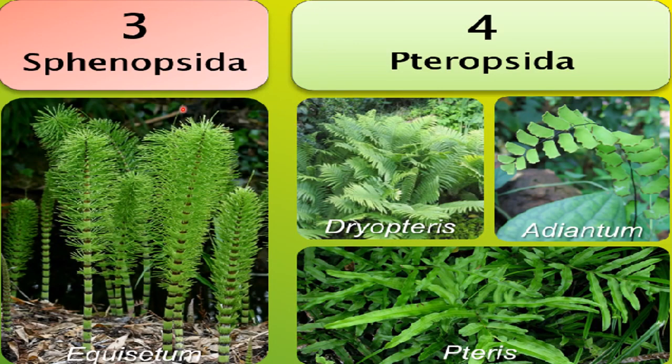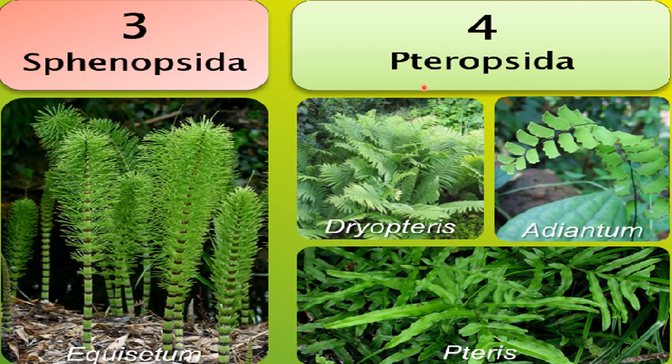After that, the next two classes are, one is Sphenopsida. An example of Sphenopsida is Equisetum. I gave the Equisetum example in the previous slides also. This is the diagram of Equisetum, given in your NCERT book also, where the strobilus is present. So strobili are formed in Equisetum. You can learn the name Equisetum as an example of a pteridophyte under the Sphenopsida.